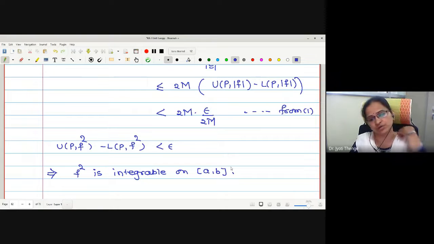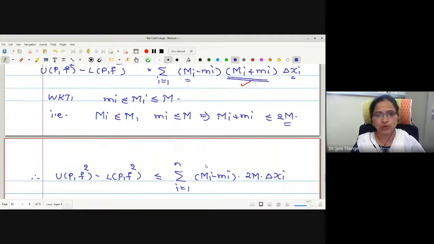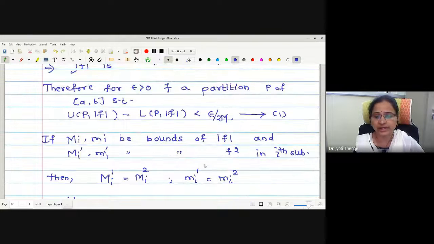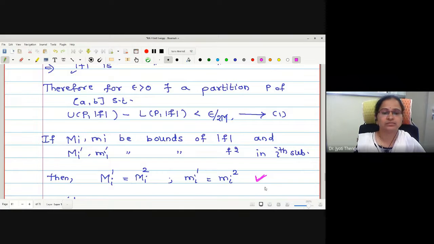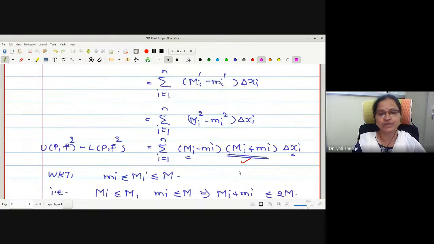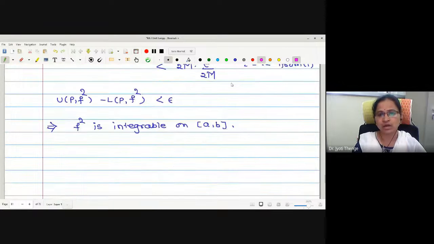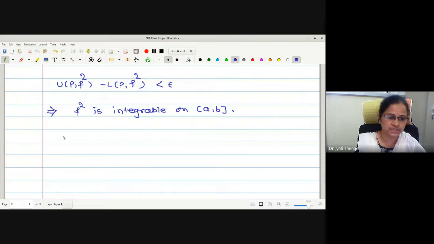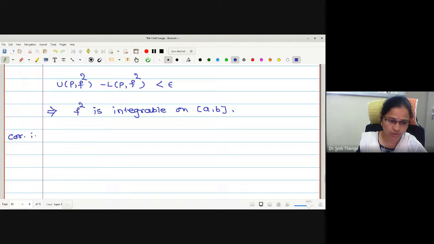Any difficulty if you have, you can ask. Okay, this is very important, to write the relation between the bounds. That is what I am telling you always. In every theorem, to establish the relation between the bounds of the function is essential. Once you establish the relation, it will be easier to give the proof. Now let us come to a corollary, one of the corollaries of this theorem. Actually, we have proved that the product of two integrable functions is integrable. But now the same we will prove by using this theorem. Square of integrable is integrable. Let us write the corollary.